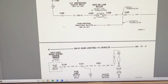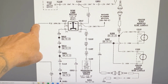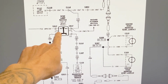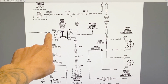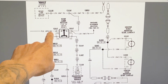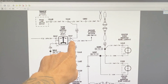So what I'm going to do is scroll down to the next diagram here. So now we have F32. Okay, so this is coming from the fuse box in the tub. This is the connector that connects to the stop lamp switch. So that's what we were testing. So this is pink and dB. I don't know if that's dark blue, dark brown. I'm not sure what that means. When I look at the wires, I'll be able to tell. So that's going to be the power going into the switch and provide power through the white wire